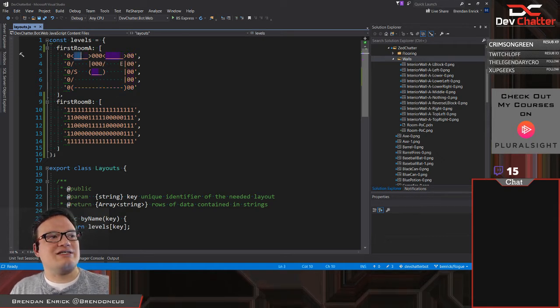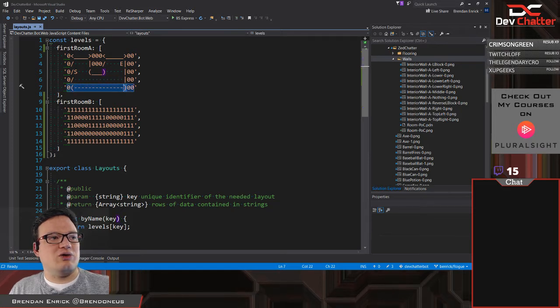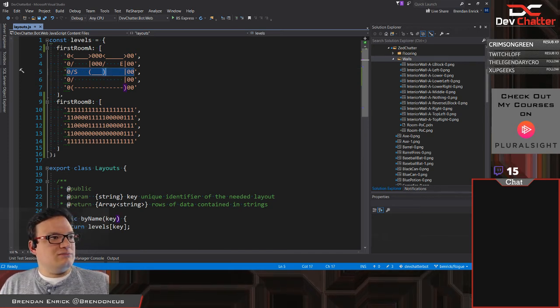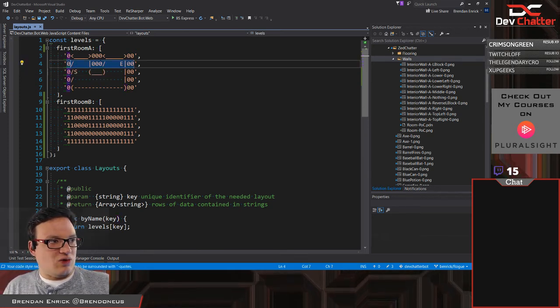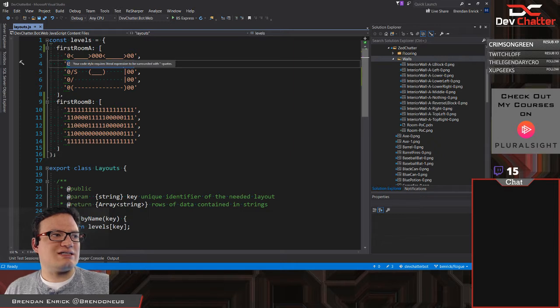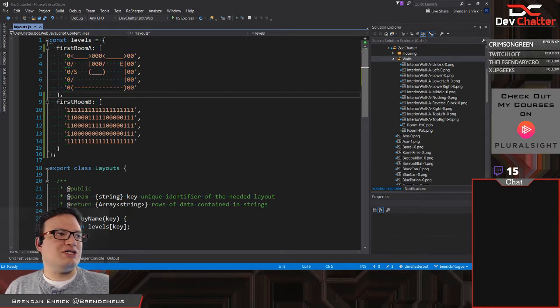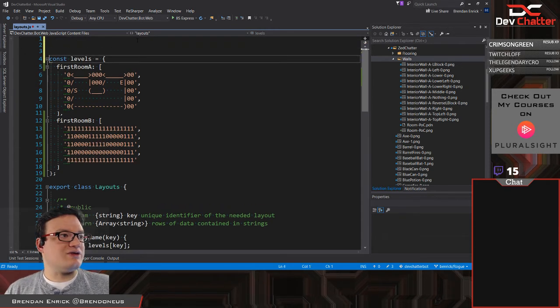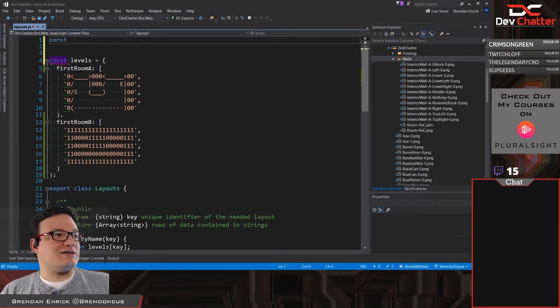So this is an upper wall, this is a lower wall, this is lower right corner, lower left corner, so lower left and lower right corners are being used there as well. This is a left side wall and a right side wall, and that's kind of what I was going with like coding this. I was thinking you could map each one to a specific thing, at which point I could do this. I could say